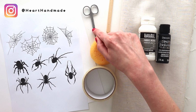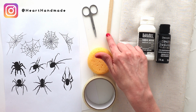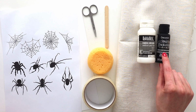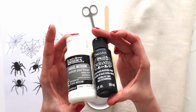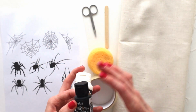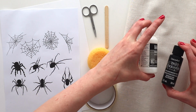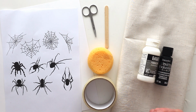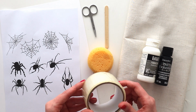Supplies needed: sharp embroidery scissors, a stirring stick, popsicle stick, whatever, Liquitex fabric medium, DecoArt Enchanted Black paint, ultra black base coat paint. This is fabric which I cut into a strip which will work as a table runner. I haven't been that concerned about any edges because I want it to be frayed and textured, but I'll get to that later. One roll of transparent packing tape,